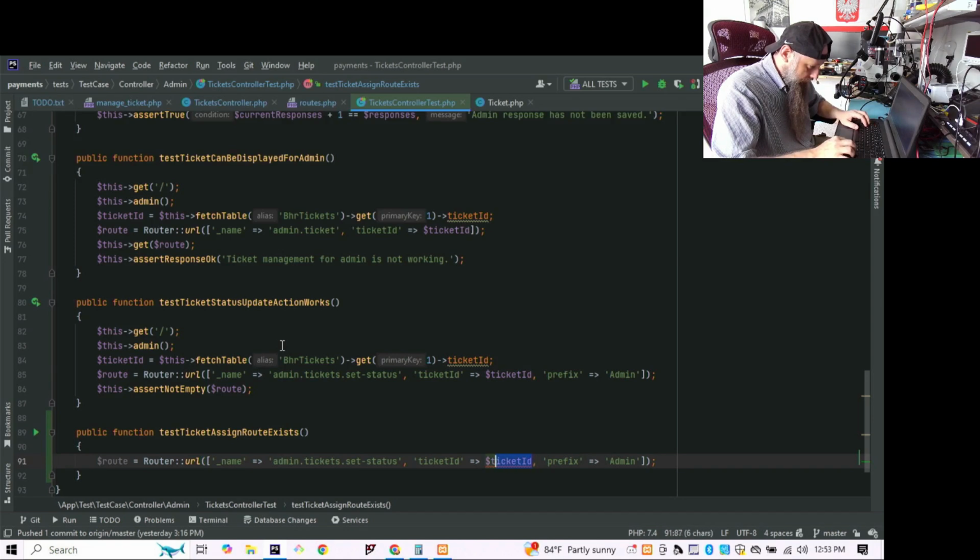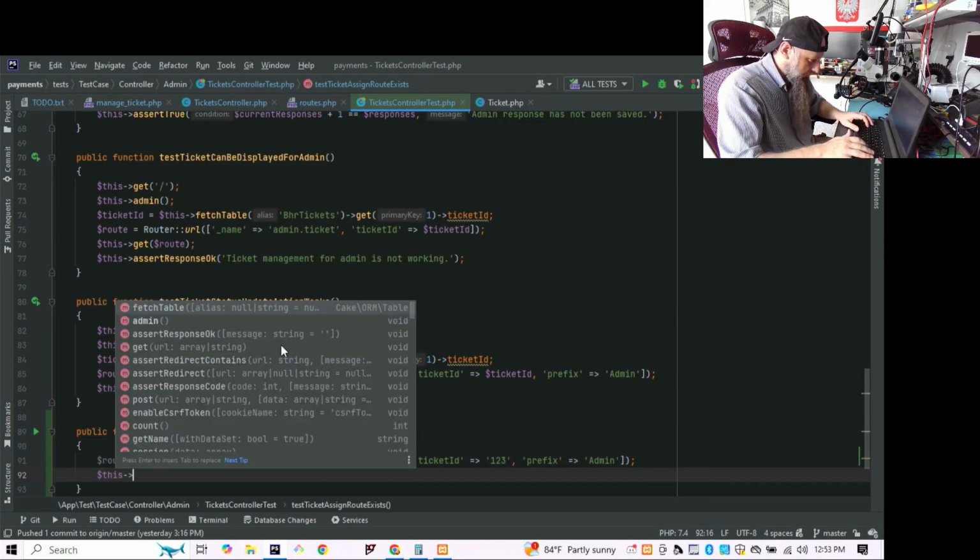Ticket ID can be anything, because we just wanna assert, because this will throw obviously if it's